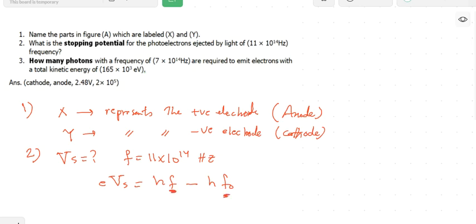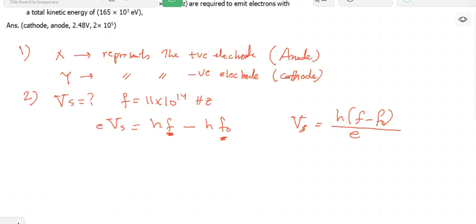We can simplify this formula more. I'm looking for V stopping, so V stopping will be equal to, we can take h common factor, (f minus f threshold) divided by e. Okay. So V stopping, let's continue the calculation. So V stopping equals